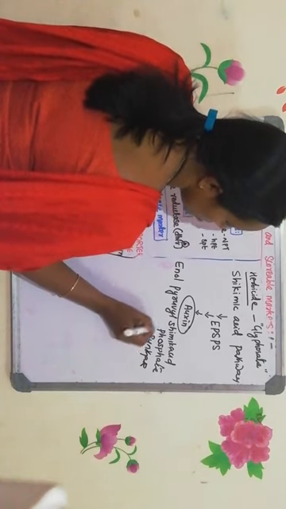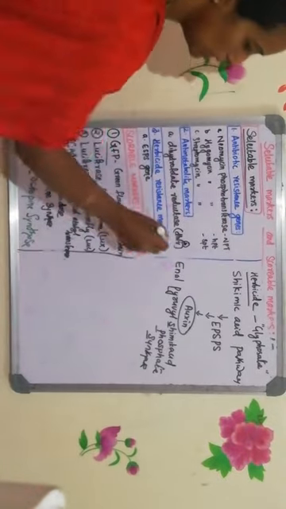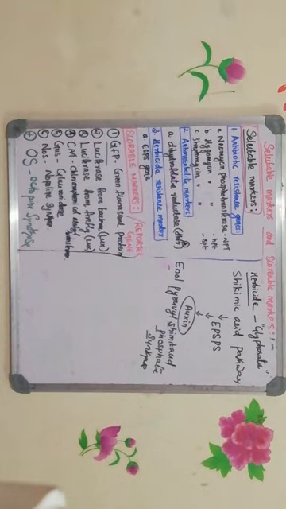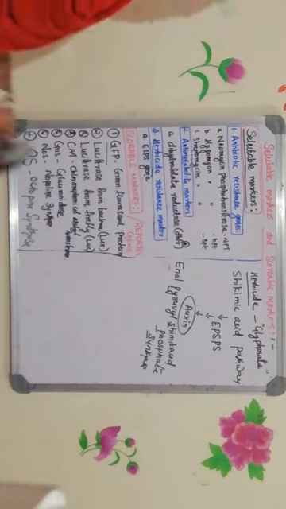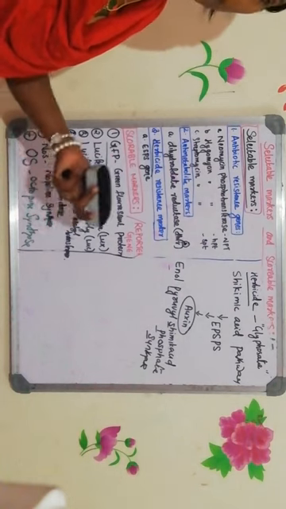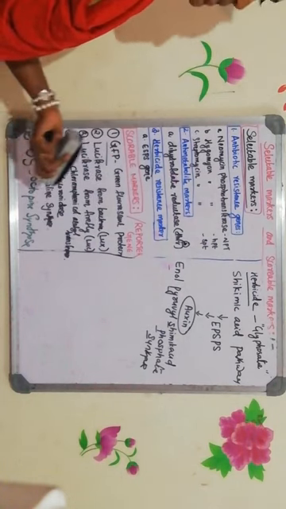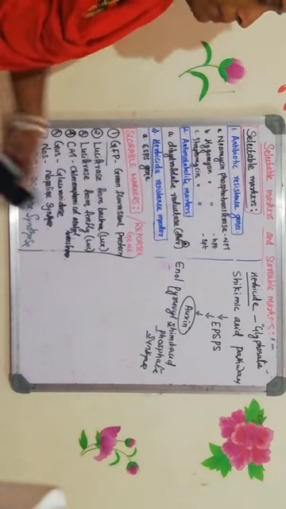What is the enzyme involved in the shikimic acid pathway? Enol pyruvyl shikimic acid phosphate synthase is the enzyme which is involved in the shikimic acid pathway. What is the product of the shikimic acid pathway that will help in the synthesis of the plant growth hormone auxin? IAA. Have you heard of IAA? Indole acetic acid. That is the one which will help in the growth of the plant.